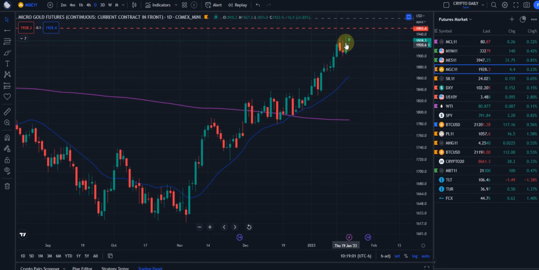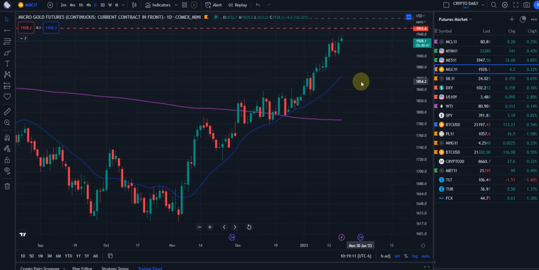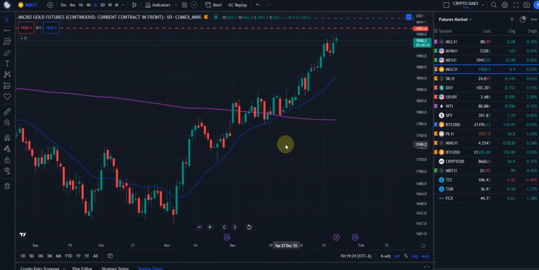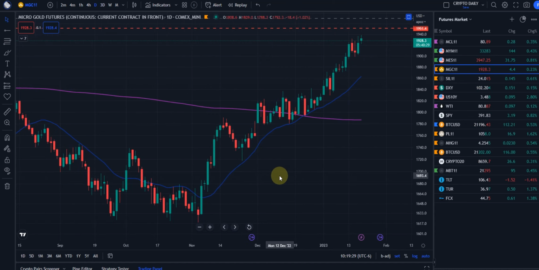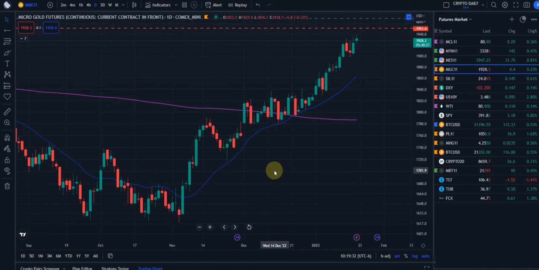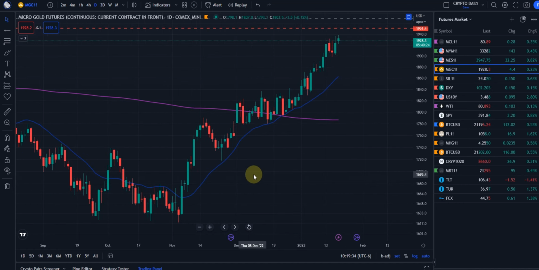We teach our Patreon members that when we're away from the 20, you start slowly scaling out, taking some chips off the table. When you are near and around the 20 and you can identify and name the type of breakout, just a handful, you don't need to know 50,000 different candle formations or candle patterns. You're just wasting your mental energy. There are just two or three that you need to know, and so on and so forth.